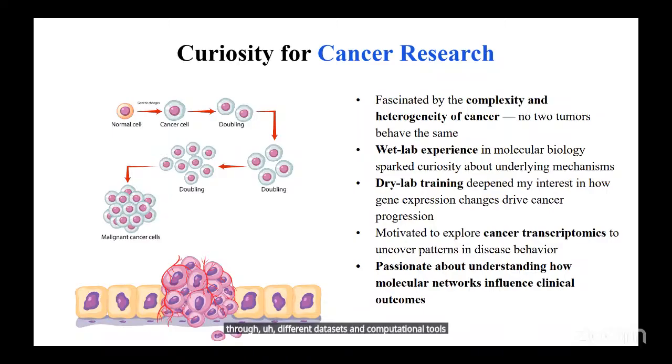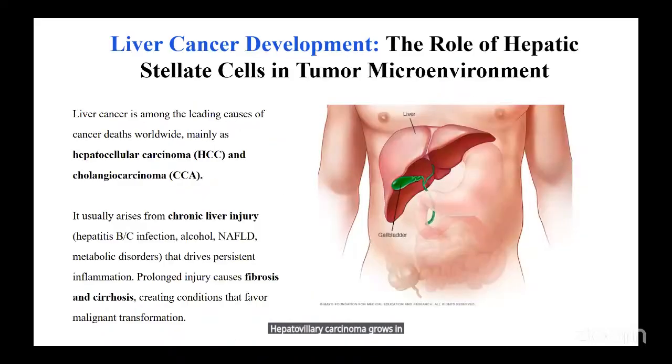I chose liver cancer specifically because it combines two areas I'm very passionate about, immunology and fibrosis. Hepatobiliary carcinoma grows in a background of chronic inflammation. Hepatic stellate activation occurs and ECM remodeling occurs. I thought it is a perfect model to study both tumor biology and the surrounding microenvironment too. That's what made me pursue the HBC project, and I was excited to take it on. Before that, I